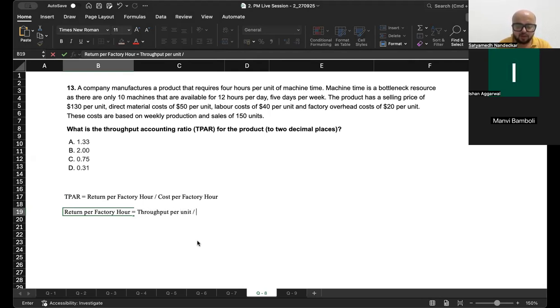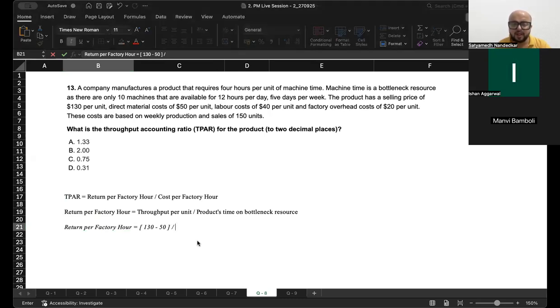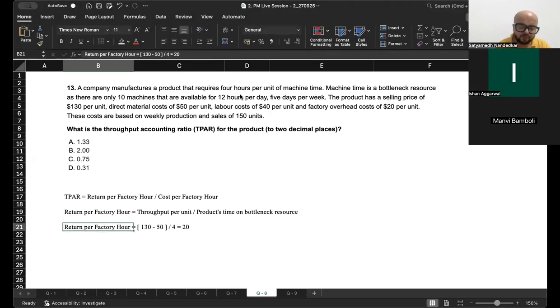So return per factory hour is throughput per unit divided by product's time on the bottleneck resource. ठीक है, सो रिटर्न पर फैक्ट्री आर कैसे निकलेगा? थ्रूपुट पर यूनिट, हाउ मच इज सेलिंग प्राइस 130 एंड मटेरियल कॉस्ट 50, divided by product's time on the bottleneck resource. How much is the time on the bottleneck resource, by the way? A company manufactures a product that requires 4 hours per unit of machine time, which is the bottleneck resource. So divided by 4, 130 minus 50, 80, 80 upon 4, 20. ठीक है,